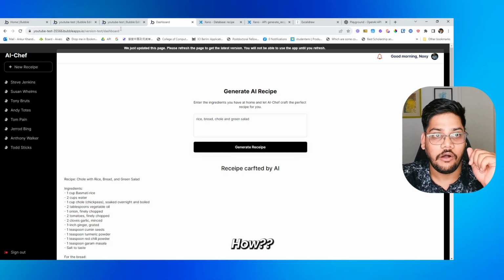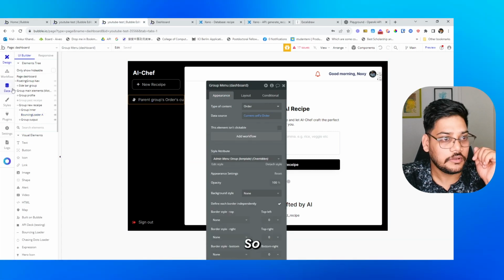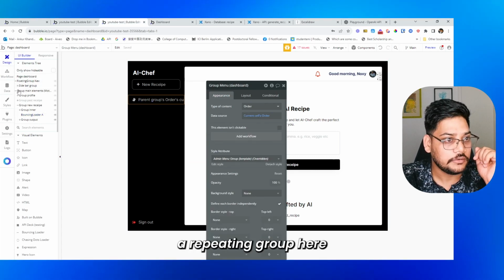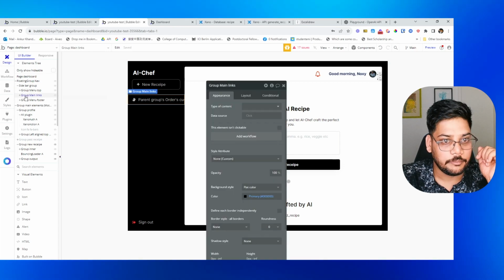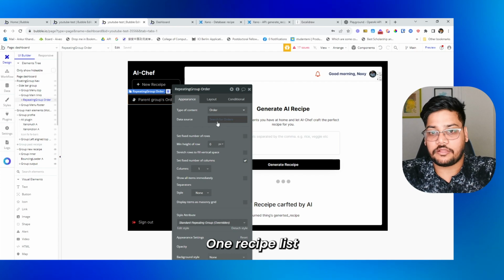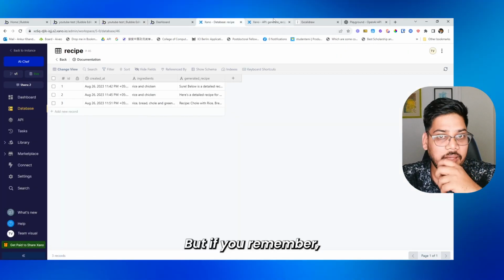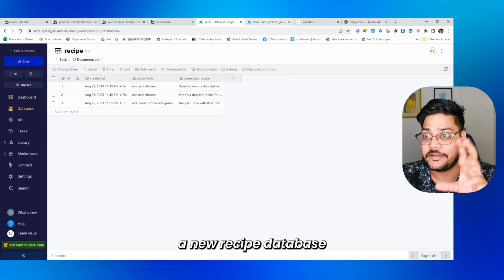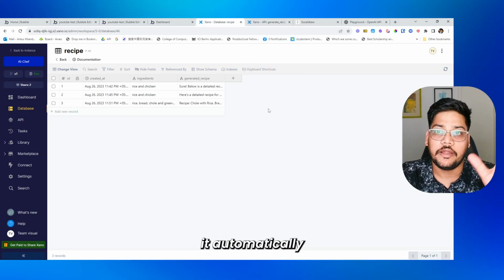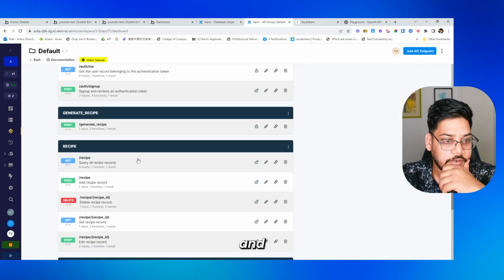show the list. How? We will show all the list in this left bar. So I already have a repeating group there. Sidebar, this one. Main links, yes, repeating group order. We need to create a recipe list API that will give us a list of recipes. But if you remember, when we create a new recipe database item, it automatically creates a CRUD API for us. So if you go here and check